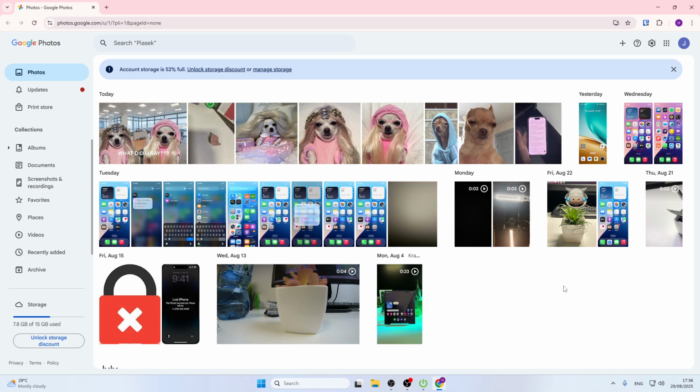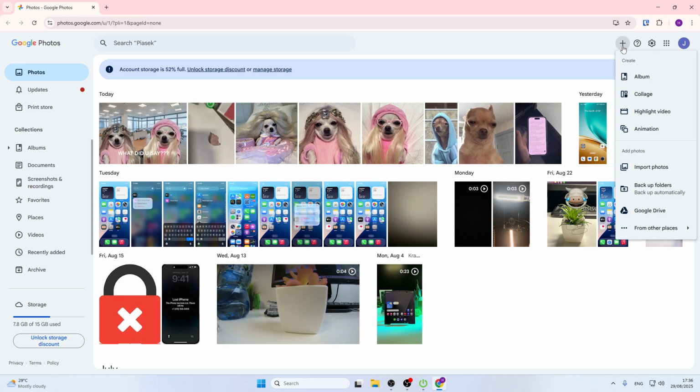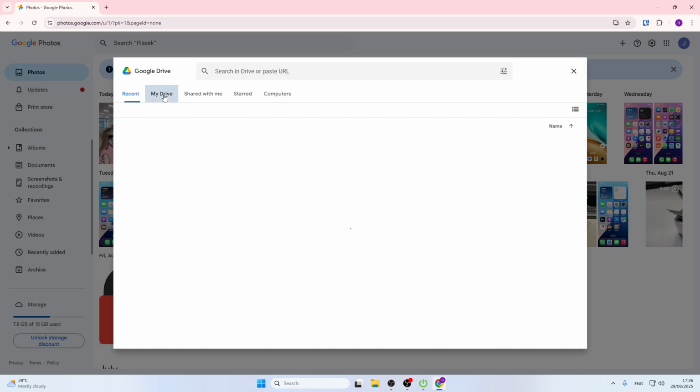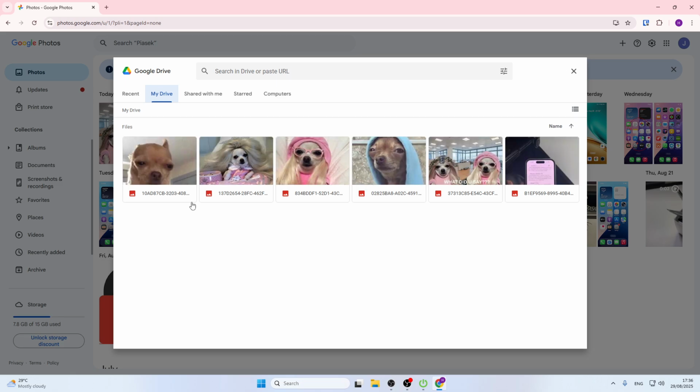This one is mine. So to move photos from Google Drive, in Google Photos you need to click the plus at the top right. Then right here we have Add Photos, as you can see, and here's Google Drive. Select Google Drive and it will open my Google Drive from this account. So right here I have Photos, and